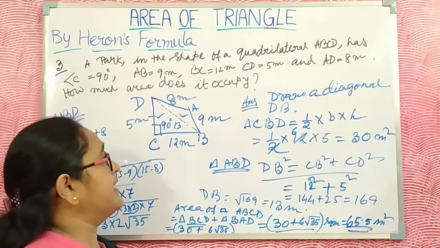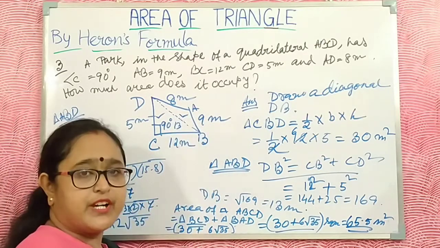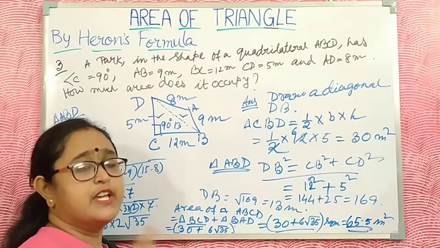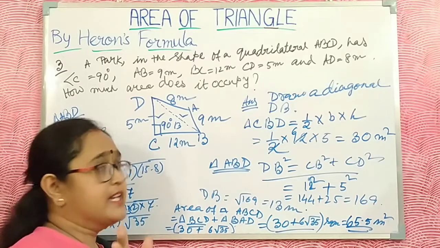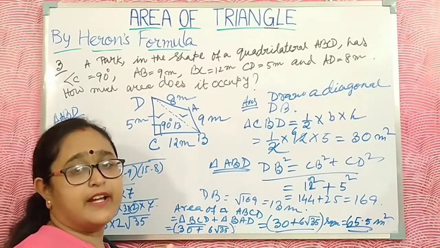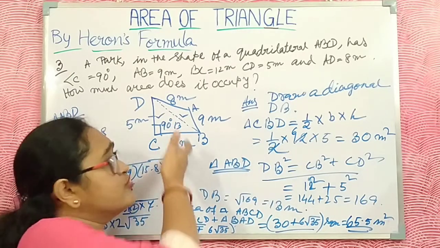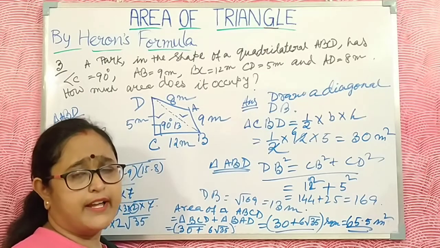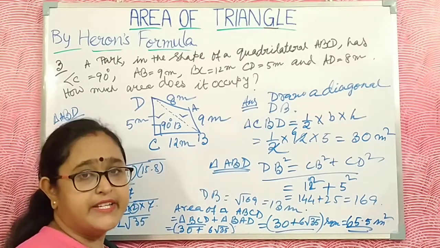How is it possible to find it? First you take the area of this triangle and the area of this triangle, then merge them, add them. If you want the area of the triangle using Heron's formula, you can, because you know this is 13, this is 12, this is 5. You can also find it using Heron's formula. This is very easy for me, that's why I use this formula.